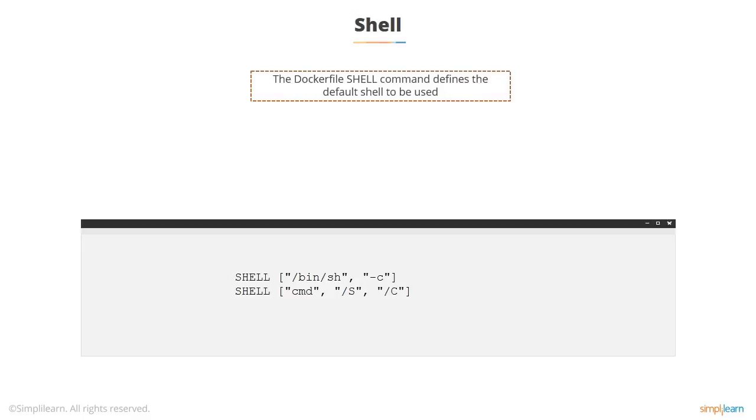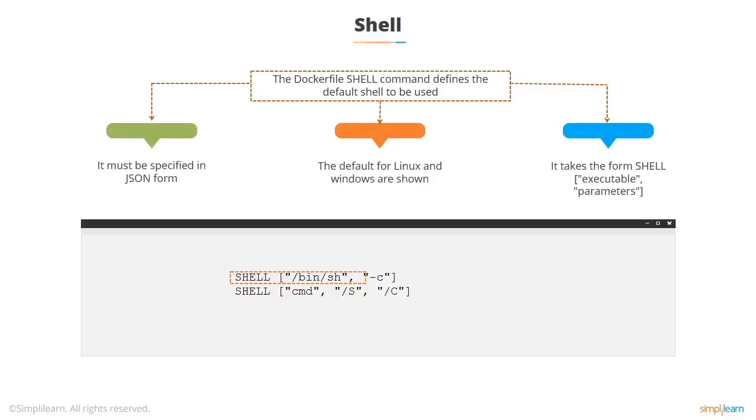It can be done in either form. This is a kind of JSON form, which is one way of doing it. It defines, in this case, the default shell to use. It uses the JSON form in the Dockerfile. There's two forms for most commands, the JSON form and the more straightforward form.